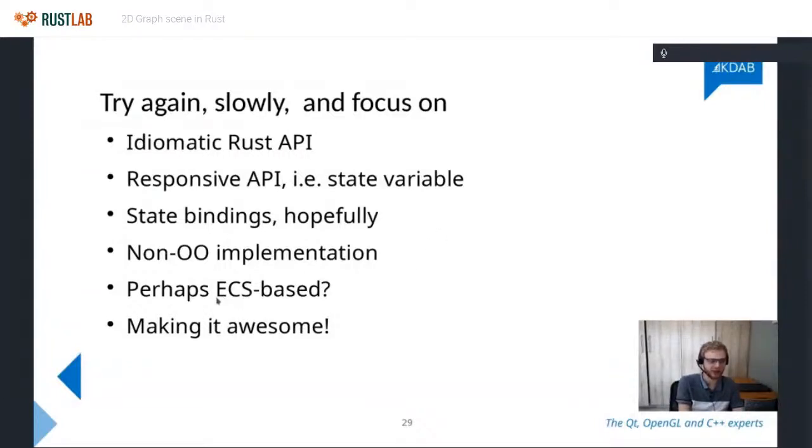ECS stands for Entity Component System, which is a paradigm very commonly used for game engines, which fits very nicely with the Rust borrow checker, because it's also based on this concept of you don't use references, you use IDs, and you split your whole rendering logic into these individual stages. That gives you incredibly high performance for game engines, and Rust actually already has plenty of game engines. As far as I know, all of them are built around this ECS principle.